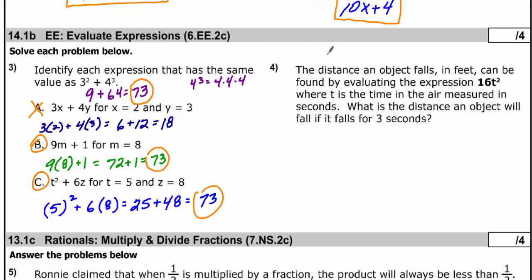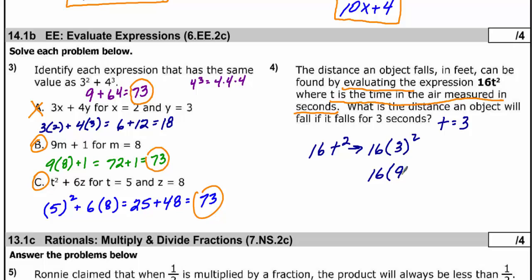Number 4. The distance an object falls in feet can be found by evaluating. Evaluating means we're going to be plugging something into that to figure it out with a certain number for t. Evaluating the expression 16t squared, where t is the time in the air measured in seconds. What is the distance an object will fall for 3 seconds? All right. So what they're telling us is t is equal to 3. So we take the expression 16t squared and we rewrite it as 16 times 3 squared,